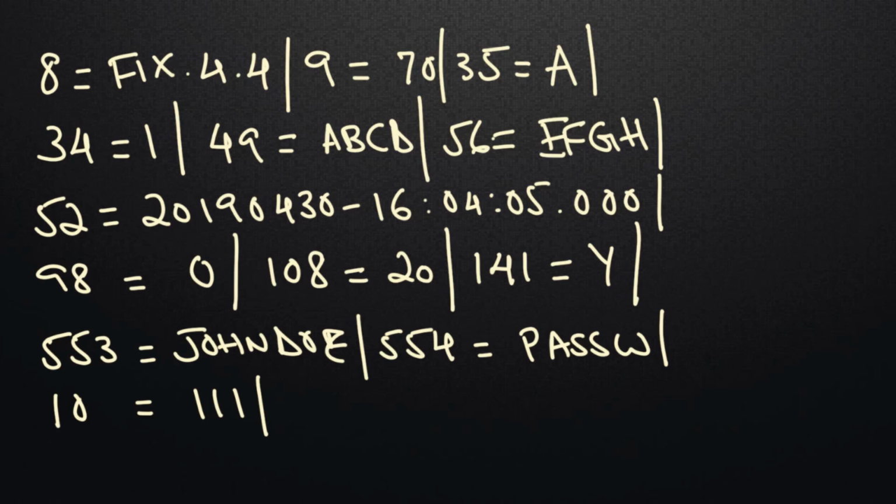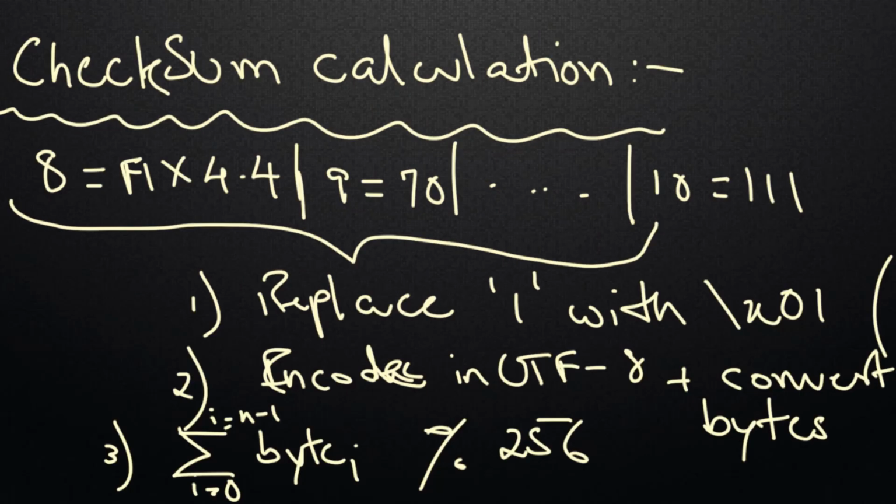to the acceptor. The last field in any FIX message contains the checksum value for the entire message. And this is calculated in this case, for example, our example here contains pipe characters separating each field tag value pair. So in our case, what we're going to do is simply replace all these pipe characters with the appropriate control character, the start of header character \x01, as we discussed in the previous tutorial on the anatomy of the FIX protocol. And once that's done, we now have a string that we can encode in UTF-8 and convert to